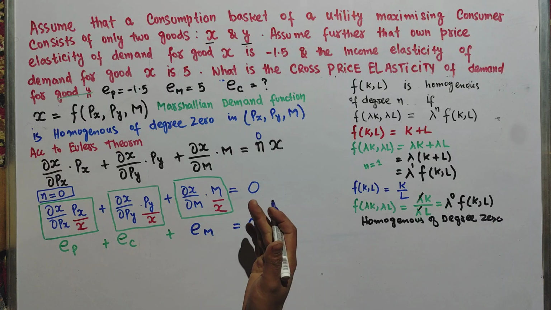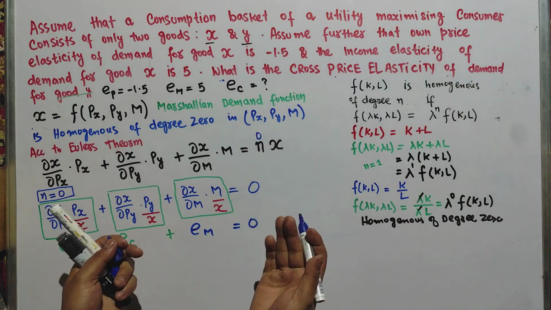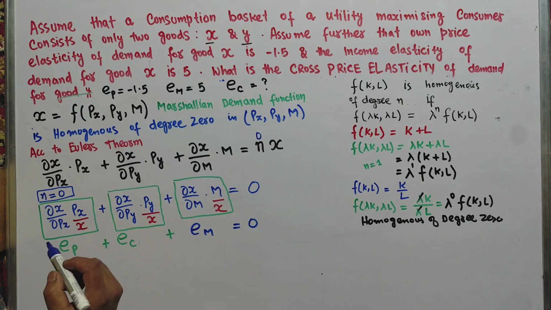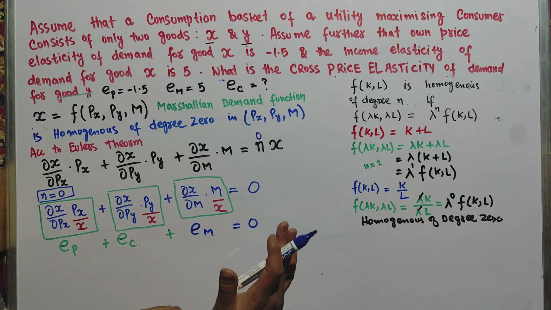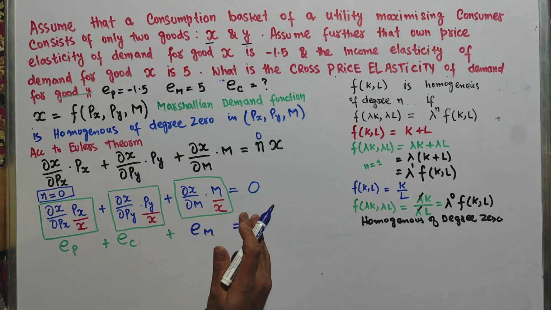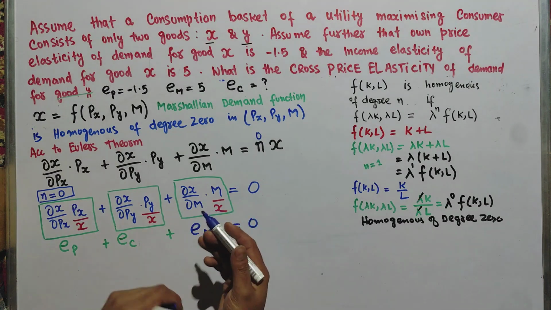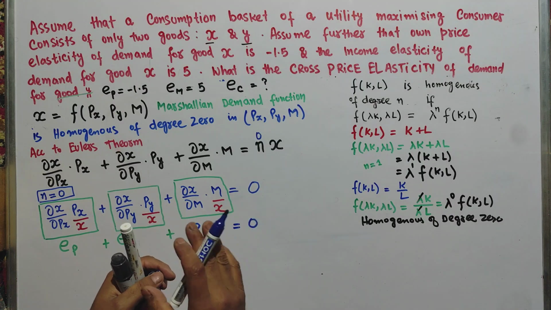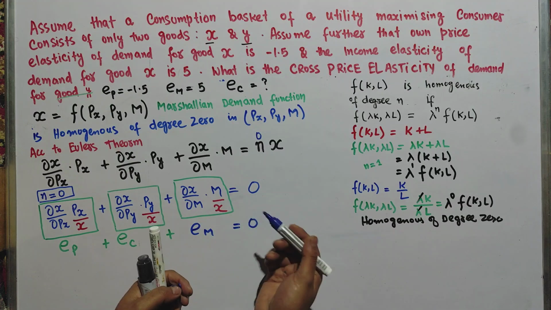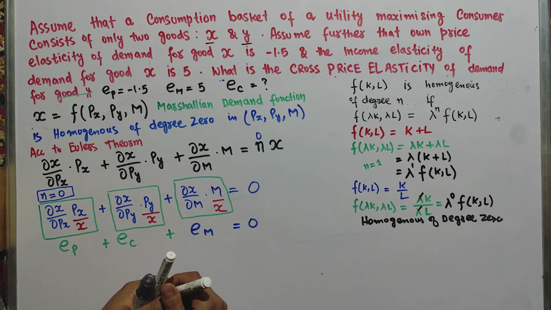So the homogeneity condition states, in this particular case, that the sum of own price elasticity of demand, cross price elasticity of demand, and income elasticity of demand is equal to 0 for a particular good, in this case x. Let me repeat it here. The homogeneity condition states that the sum of own and cross price elasticities and the income elasticity for a particular good should be equal to 0. Okay, and the implication of this